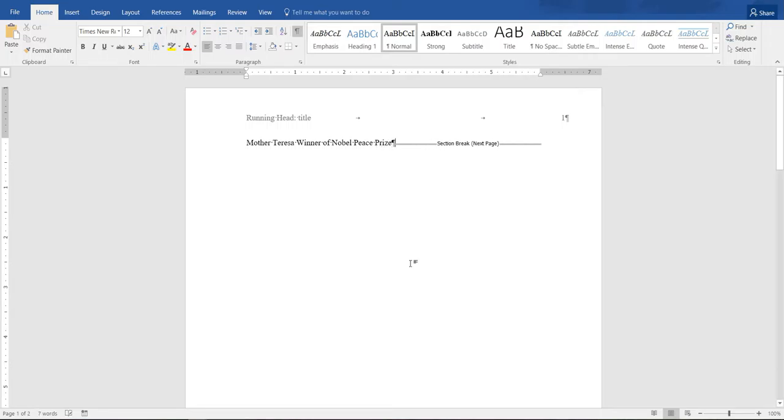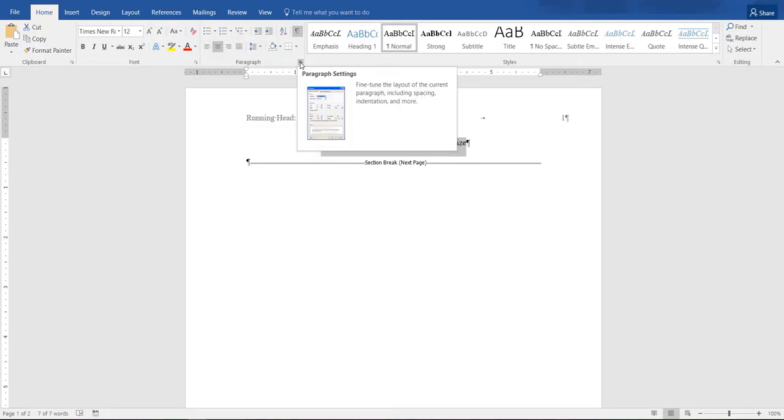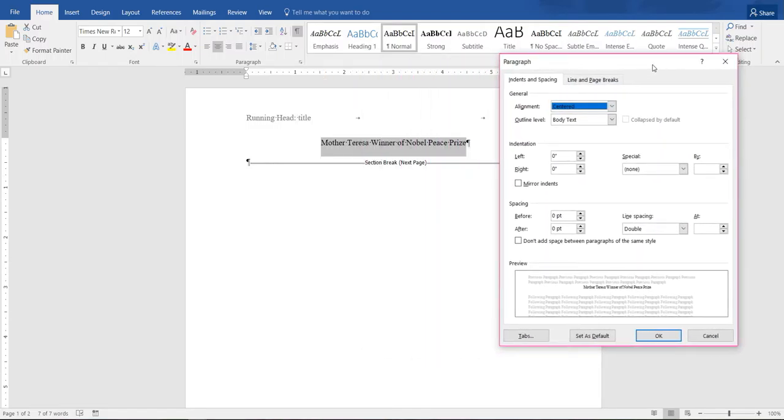All right, so if we hit enter, then in the title up here you could just say Mother Teresa or Nobel Peace Prize. You're going to highlight it and you're going to center it. You're also going to click this little paragraph setting box so that you can